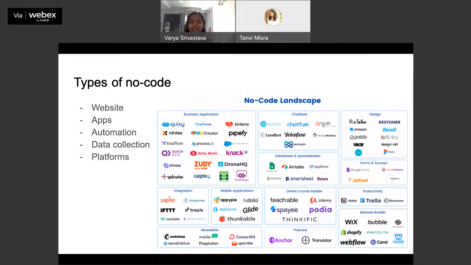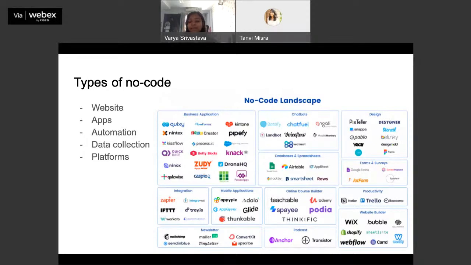The second is apps. So, just the way you can build a website, you can also build apps in a no-code format. Here you'll see mobile applications. So, Adalo, Glide, Thunkable, Appy Pie. They're all good examples of platforms that you can use to build out apps.